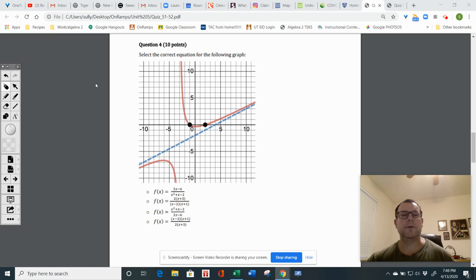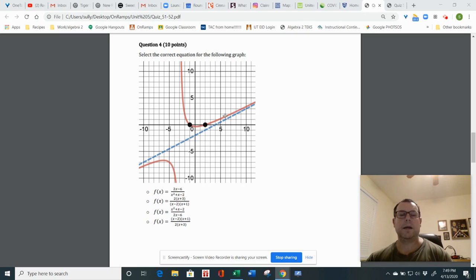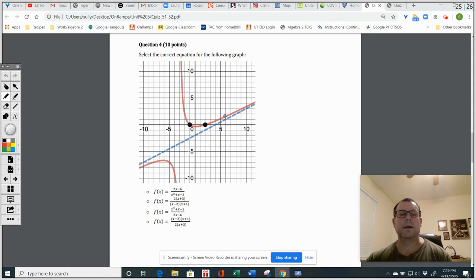So select the correct equation for the following graph. I kind of want to talk about a couple of things. So we know that this has a slant asymptote. And we know that if we have a slant asymptote, the degree on top has to be bigger than the degree on bottom. So let's take a look at can we get rid of any of this stuff? Here we have degree 1 on top and degree 2 on bottom. So it can't be this one